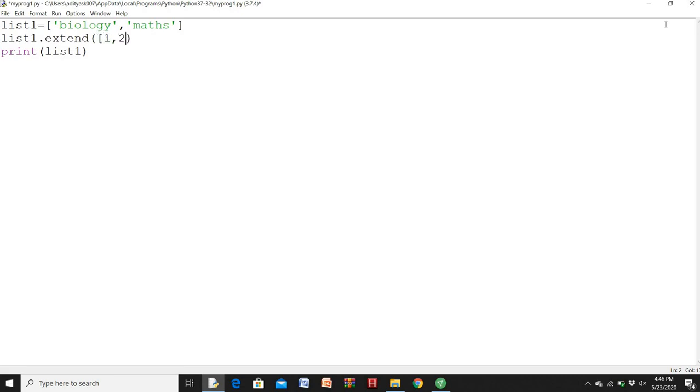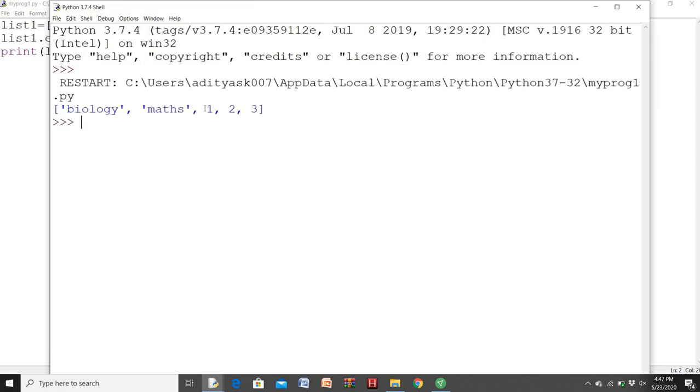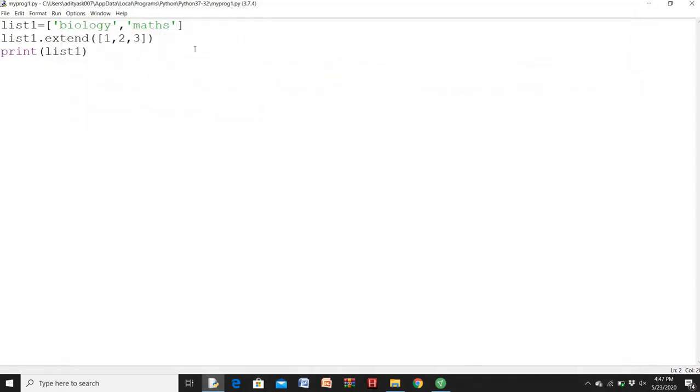So if I have a list of numbers and I want to add list 2 to list 1, that is nothing but list 1 plus list 2. Instead of using the plus symbol, we can use this extend keyword to extend many elements. If I want to add two or more elements to my list, I can't use append. Append is for only one element. If you want to do multiple additions, you need to use the extend